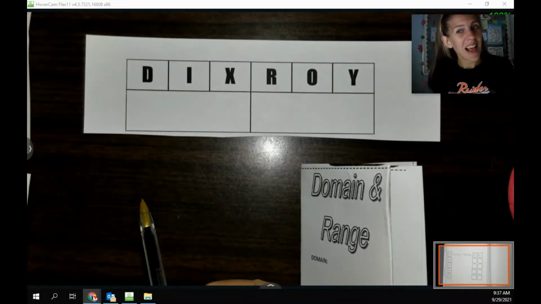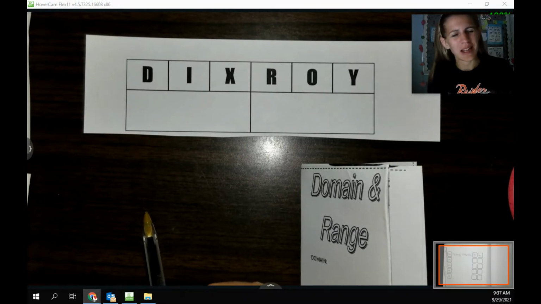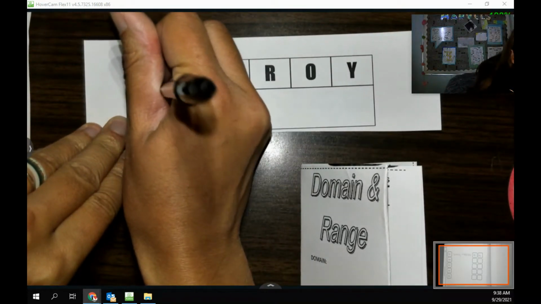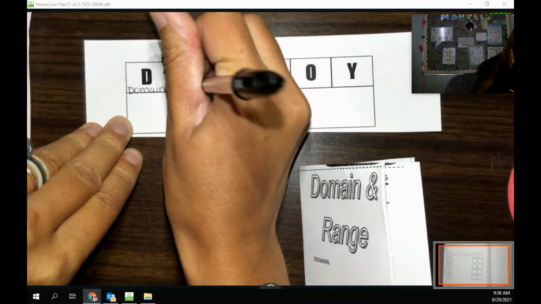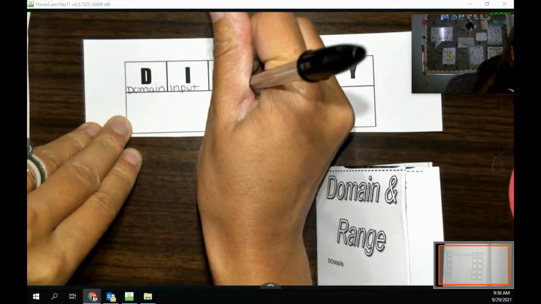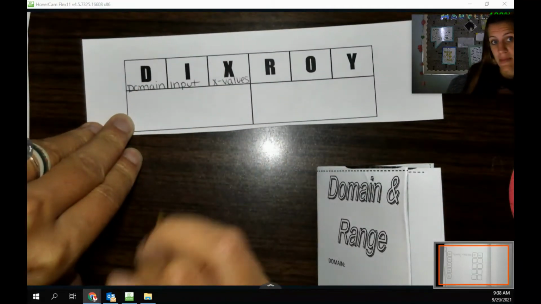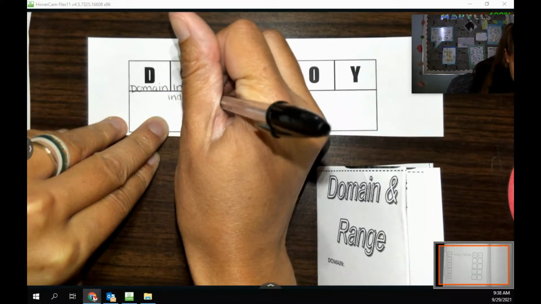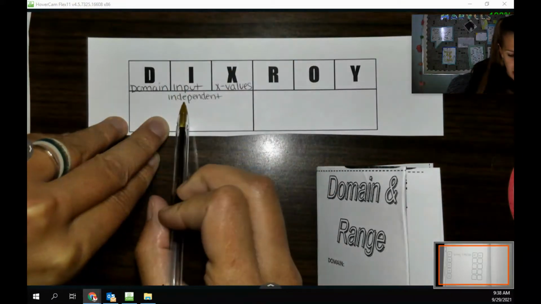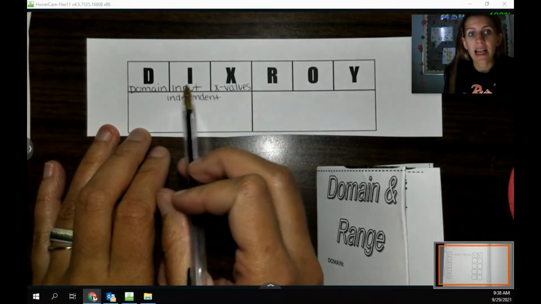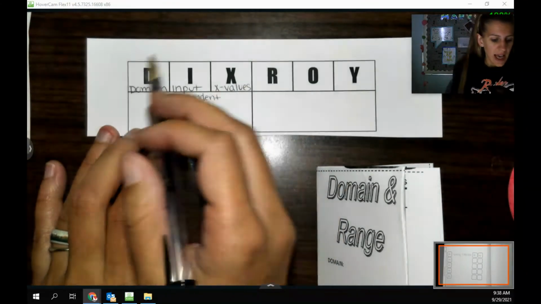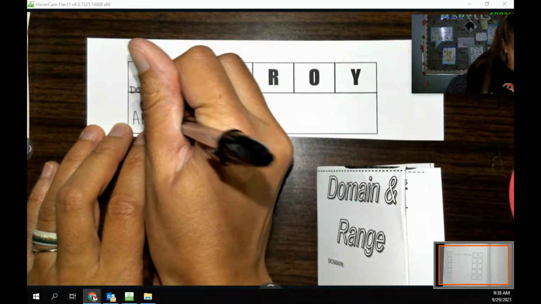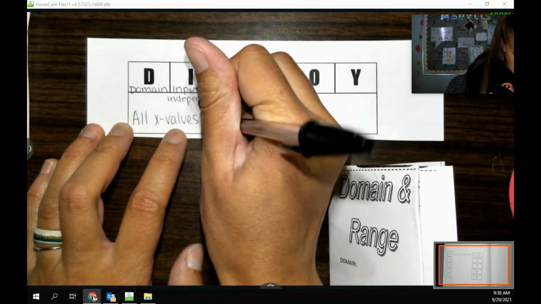Discrete is a helpful acronym, I think, to help us remember that domain, input, and x values all mean the same thing. Sometimes another way to think of input is independent, because the independent variable is my input or domain or x values. And again, these are all the possible ones. So all x values possible